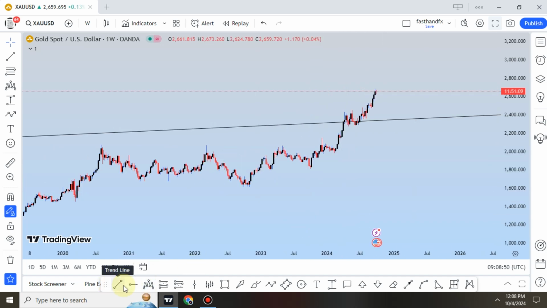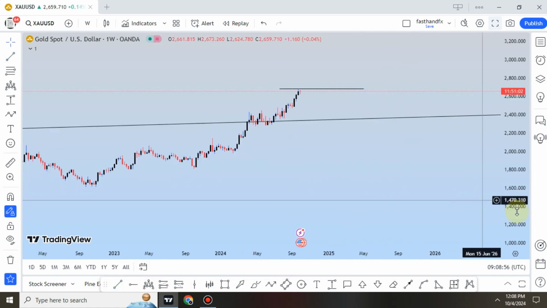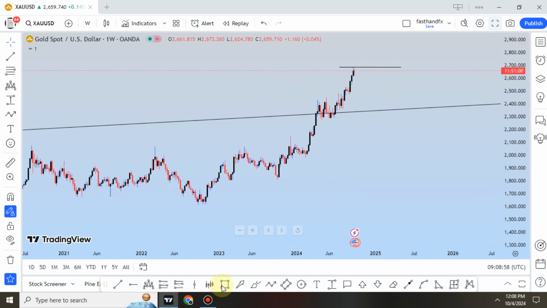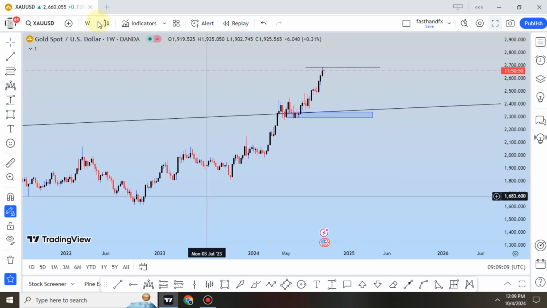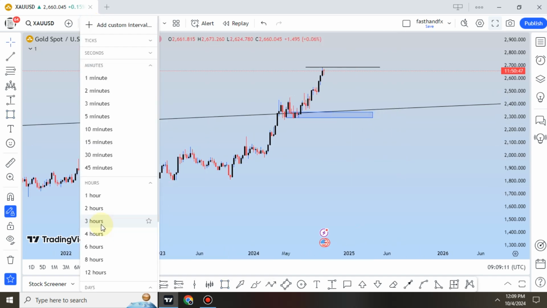Now on the weekly time frame, this is the highest that we've seen so far since gold started its move. With that being said, I think the next level should be this one. Let's mark this. Now those who trade order blocks, let's just have this zone right there, correct. Now if we go to the daily time frame,